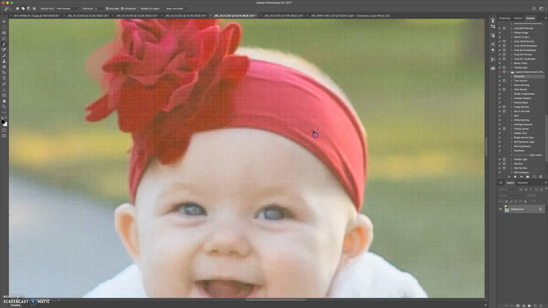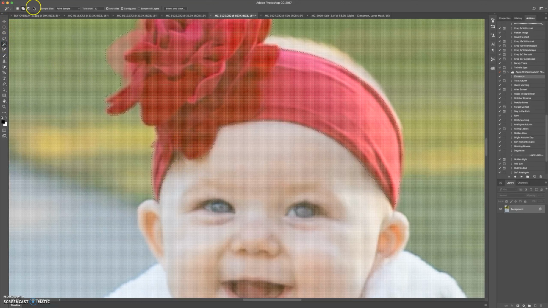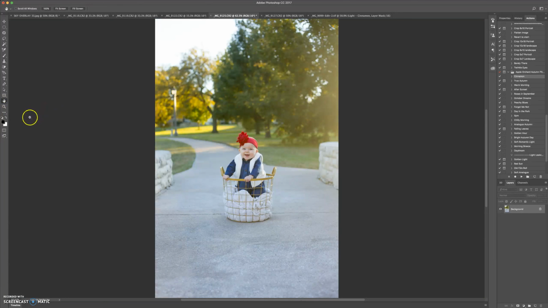See how right here, it's got part of the headband, and there's part of her forehead in here. So we can go over here and we can subtract from the selection right there if we wanted to. And I've just subtracted it all, but that's okay. Let me go back in there, and I can go in with the magic wand,